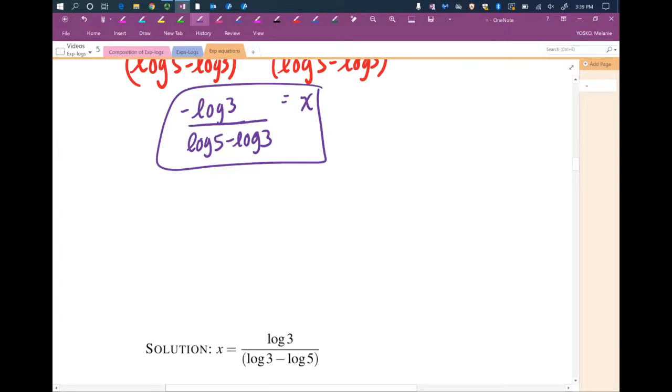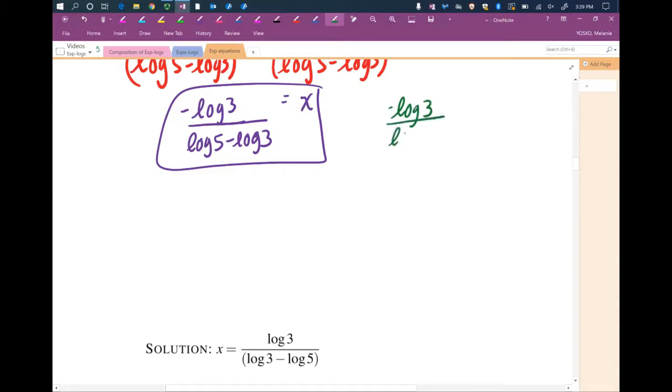Okay, now I want to point this out. Look carefully at the answer. Notice the answer we got is different than the answer that's posted. Look at the numerator. I have negative log 3, and what do they have? Positive log 3. Look at the denominator. Log 5 minus log 3. They have log 3 minus log 5. So what if I take my answer,